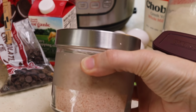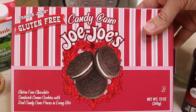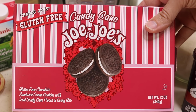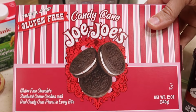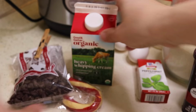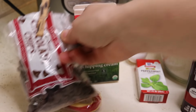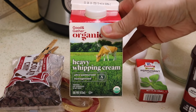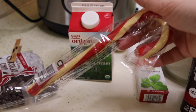extract, a pinch of salt, and for the crust, we're going to be using 10 of these candy cane JoJo sandwich cookies, all crushed up, plus 1 tablespoon of melted butter. The toppings at the end are going to be a ganache drizzle that is made with 1/3 cup of semi-sweet chocolate chips and 3 tablespoons of heavy whipping cream, and then we're going to finish off the cheesecake with some